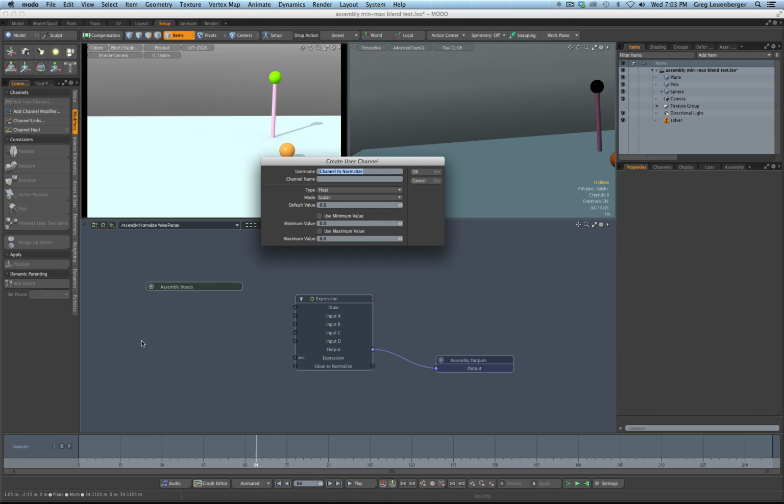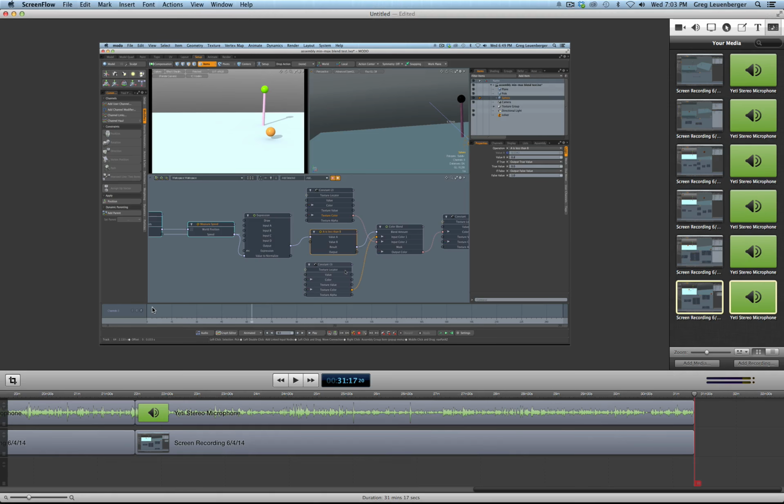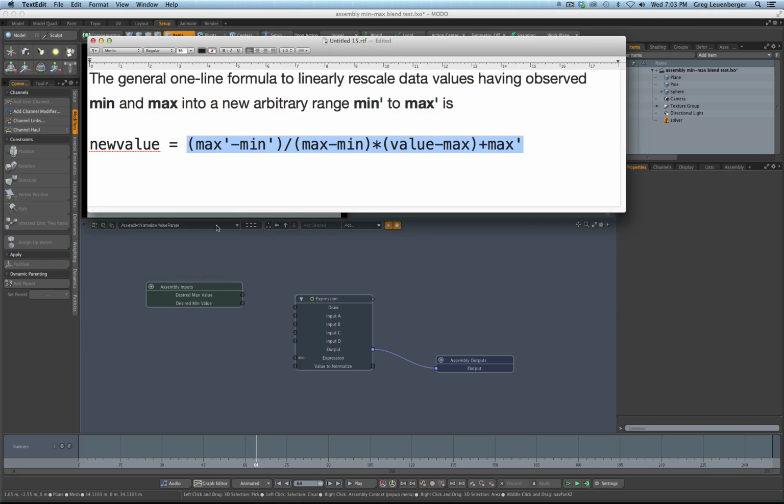So press the little plus channel here, and let's call this first one, remember in the scene, channel A is our desired maximum value. So we'll call that desired max value. Sounds good. Tab, hit return. Do another one. Desired min value, tab return. Remember, if we go to the expression here, that's our desired max, A, desired min, B,